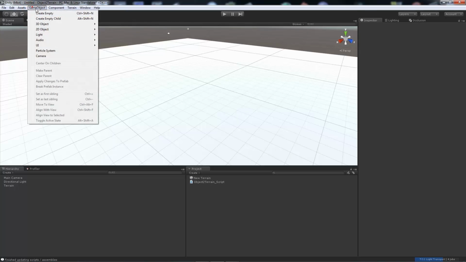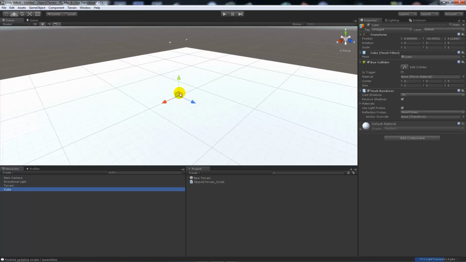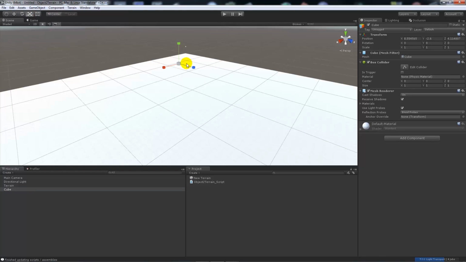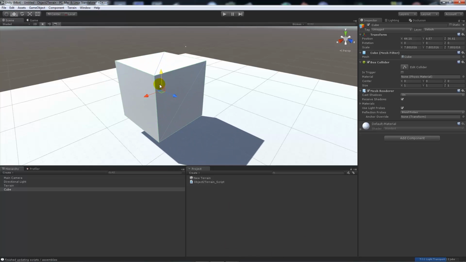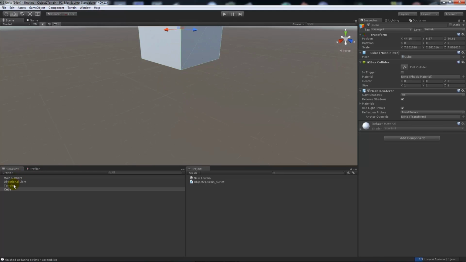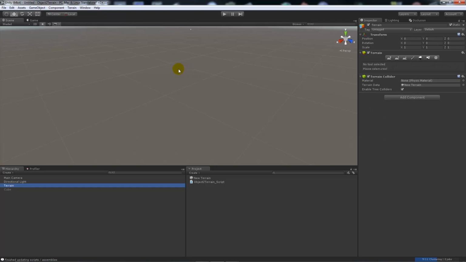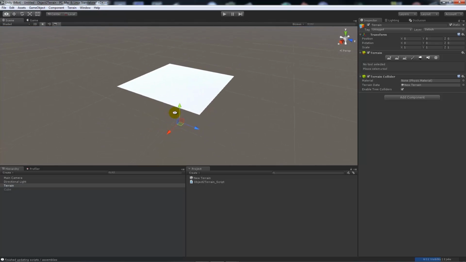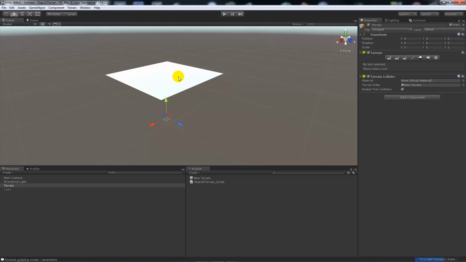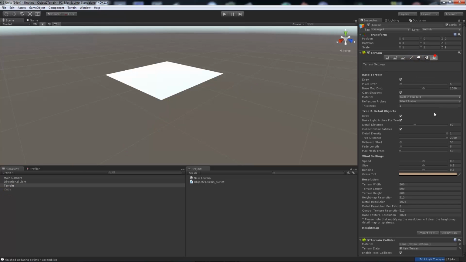Now if I bring in another object, maybe a cube, let's say, and we make that really big. This is just an example of a mesh that we could bring in from another program if we wanted. And then with that cube being selected, if we go Terrain, Object2Terrain, you'll notice that if I now hide my cube and then go to the terrain, you can see that it's been made the size and the shape of the terrain as we would expect based on that cube. It doesn't have any height because you need to give it some,